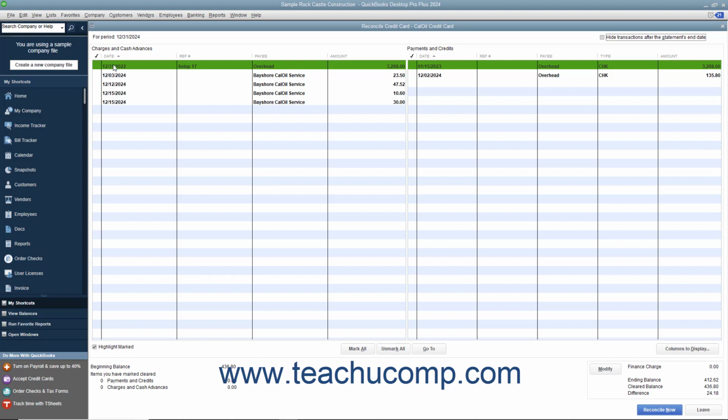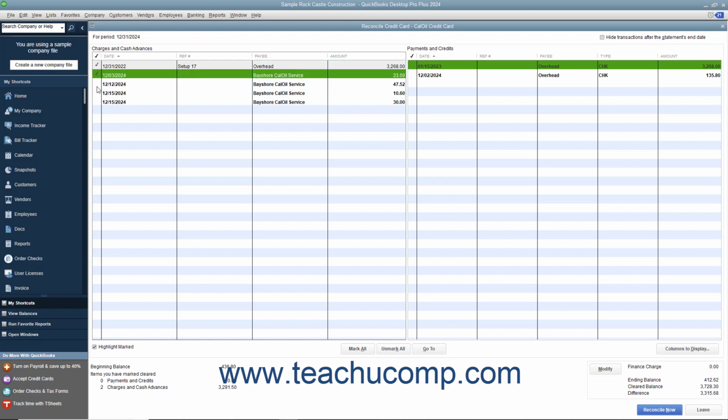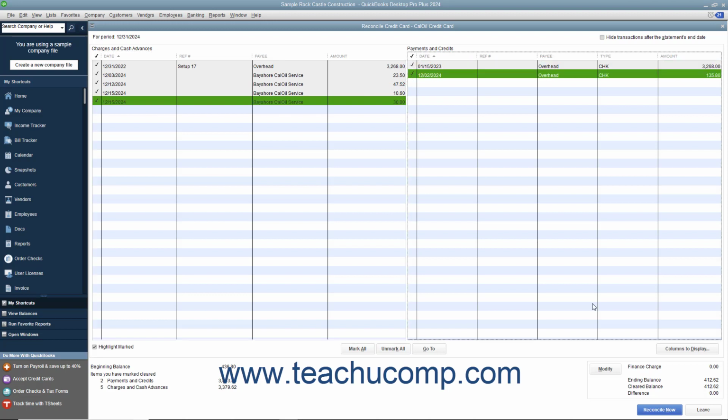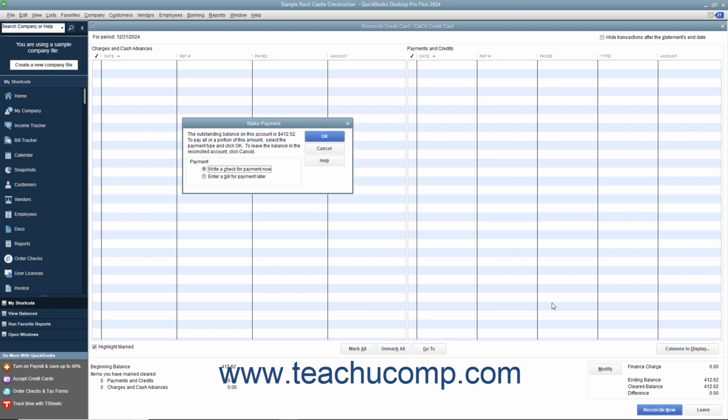In this window, you will see all the transactions that haven't cleared. Use this window to check off the transactions listed within your credit card statement. Click each transaction that you can match to a transaction within the credit card statement to place a check mark in front of it and mark it as cleared. When you are done, the difference in the lower right corner should be 0. Click the Reconcile Now button to finish reconciling the account, and select an option for the reconciliation report you want